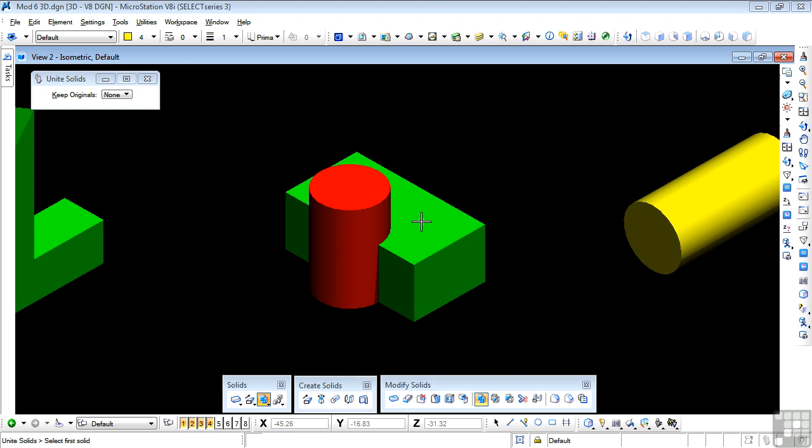Now, before I go rampaging on to the next tool, just keep in mind that the whole point of looking at all of these editing tools is that you have to think in terms of which are the most appropriate tools to use to arrive at the elements and the shapes that you need. And this is one thing that I can't help you with very much because it depends entirely on what you intend to draw. So you need to be aware of all of these tools, both the solid creation tools and the editing tools, and there are more to come, in order to achieve the results that you need,